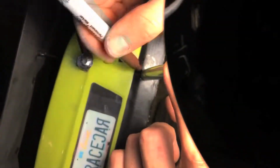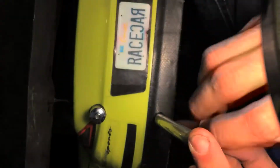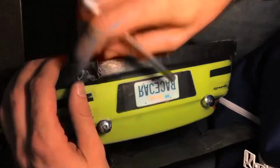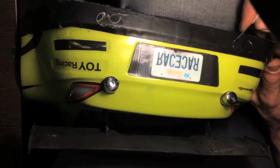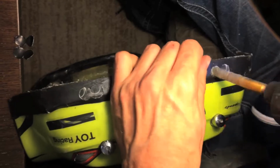Okay, with that chore out of the way, on to an aesthetic mod, which is more my forte. I decided after I had covered up the rear bumper with Gorilla Tape that I lost a cool aesthetic value on the car, which was just stickers that show cool racing parts like exhaust. But obviously if you've seen my other videos, you know I wouldn't be satisfied with a sticker displaying a three-dimensional object anyway. And so I went to the hardware store and got myself some of the smallest gauge soft metal